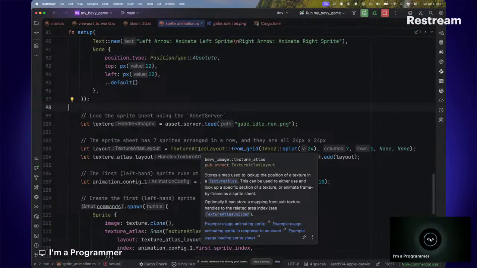So what the texture atlas does is store the map of that texture of Gabe himself, right? So we can use that for specific reasons, for whatever we want to do, like a lot of things we want to do here. So what do I mean? Let me try explaining in another form. Let's say you have 7 different frames or 7 different pictures. You want to combine them to do something. Now, you first need to store the 7 pictures somewhere. Basically, what the texture atlas layout does is store